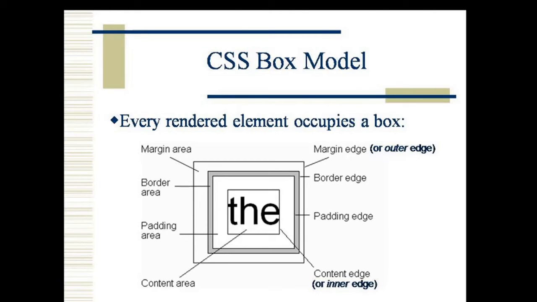This is the padding area, and this is the padding edge, and this is the border area. This is the padding edge, the inner border, and then the border area. Then it has the border edge, then the margin area, and then finally the margin edge. You should be very much familiar with these concepts, because whenever you have to provide designing, you must know exactly what you are going to do and what you mean by margin edge and border edge. You can provide various styles on these different elements.